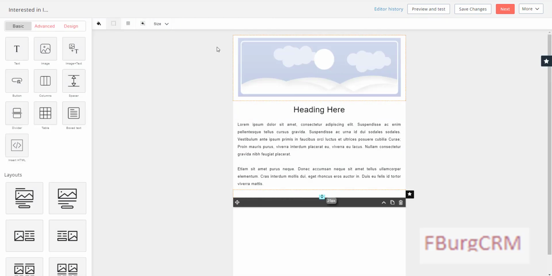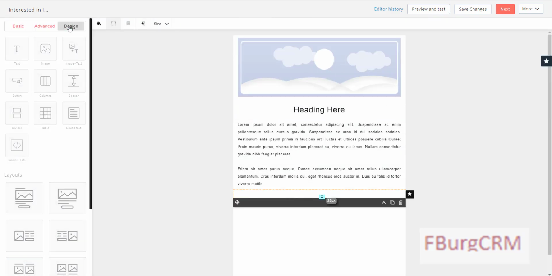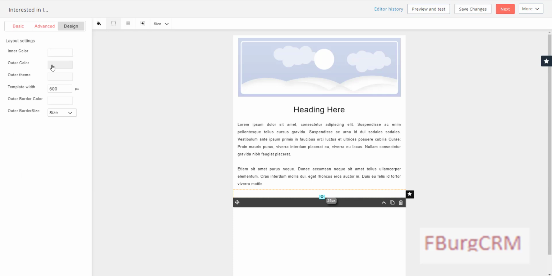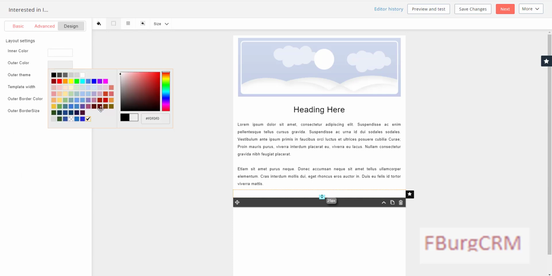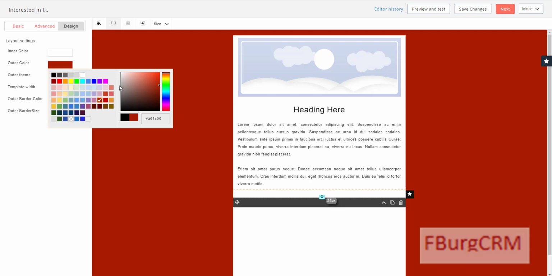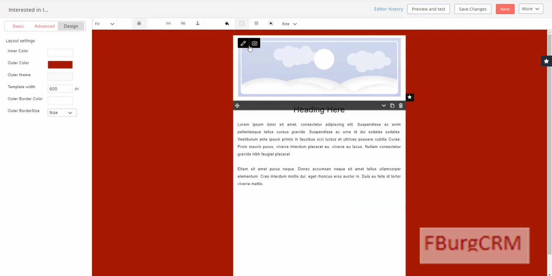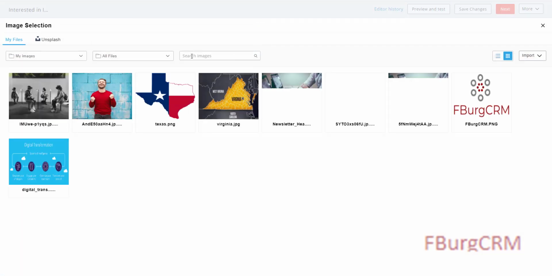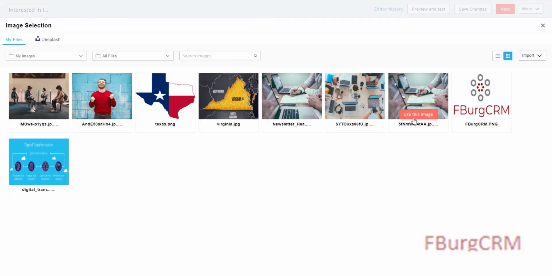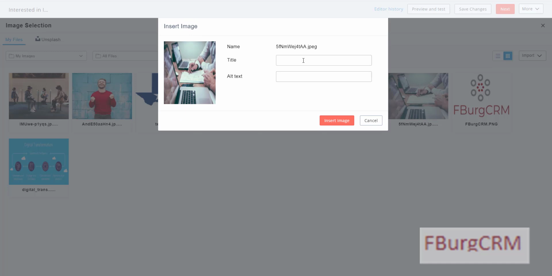Yes. And so I'm going to come here to design, and I'm going to say outer color, make that this maroon color. Awesome. And here I'm going to say change the picture. Let's change it to this one. We're going to say